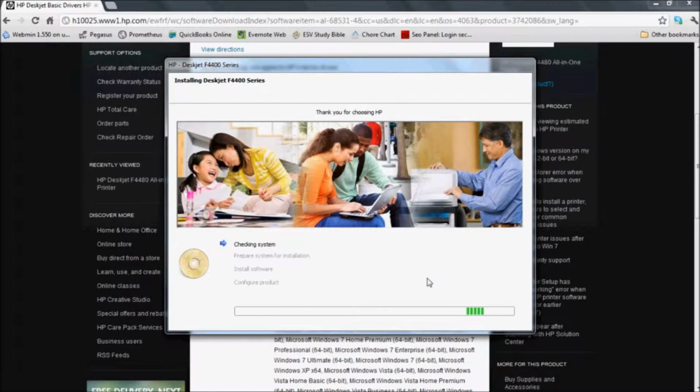We're going to go ahead and click Next again. And now what this is doing, it's installing this software. Now, while that's doing that, you might be wondering, why didn't you just use the disk that came with your